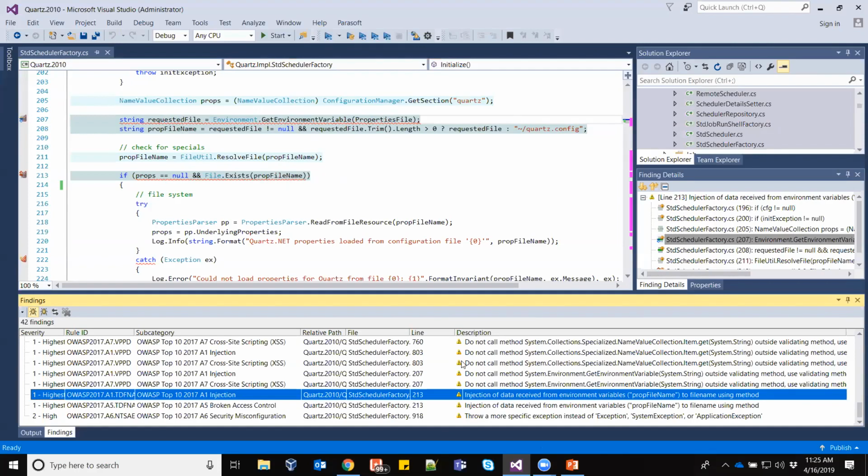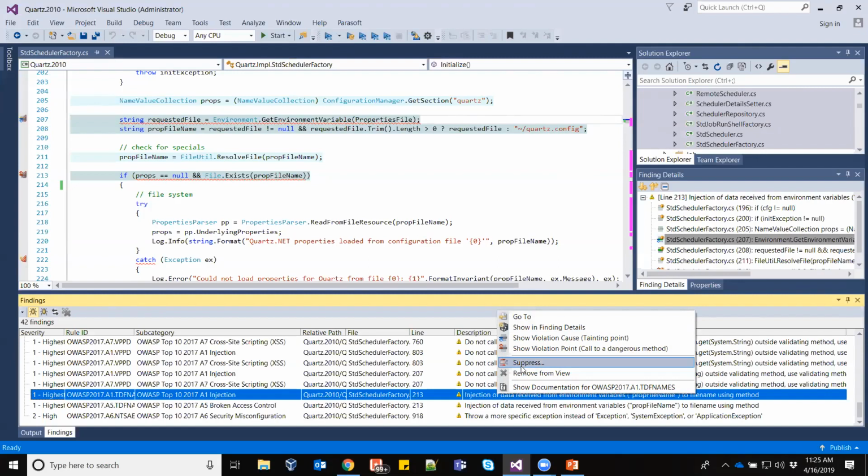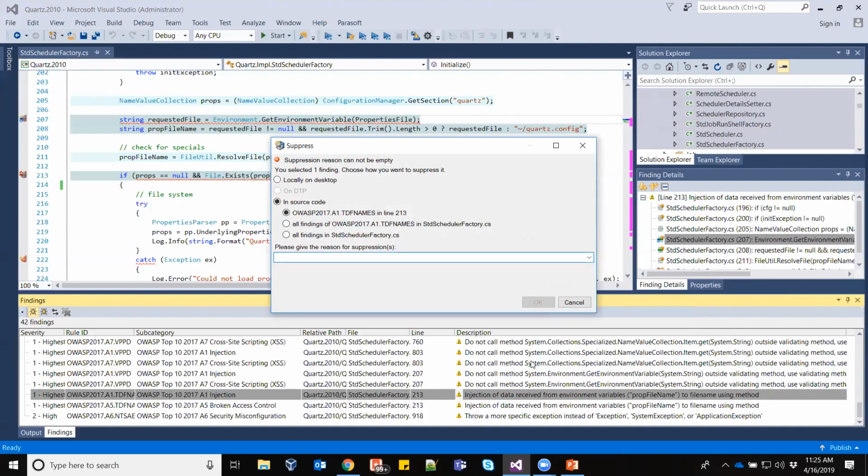So what I would normally do as a developer here is go, oh, this is definitely something I should fix, go make the fix. But the last thing I want to show you here is our ability to suppress violations. Oftentimes when there are rules you agree with, you're going to occasionally run into cases where you want to have an exception to the rule. You still like the rule, you still want to run the rule, but in this particular case, it makes more sense to ignore that violation, or suppress it rather.